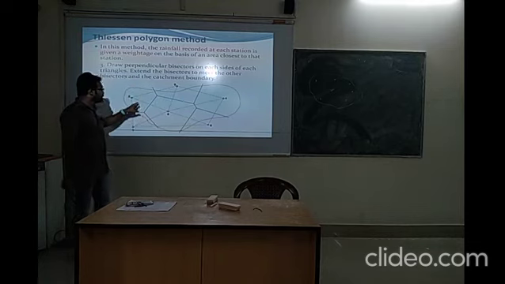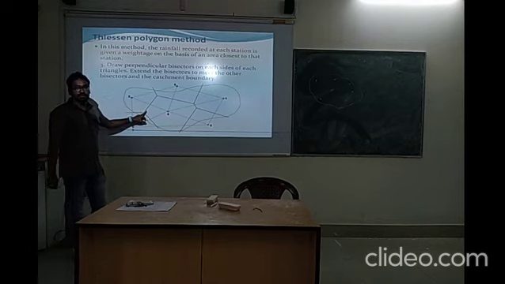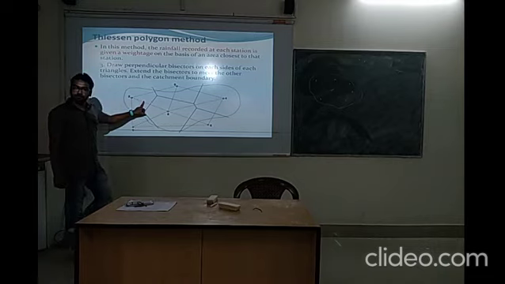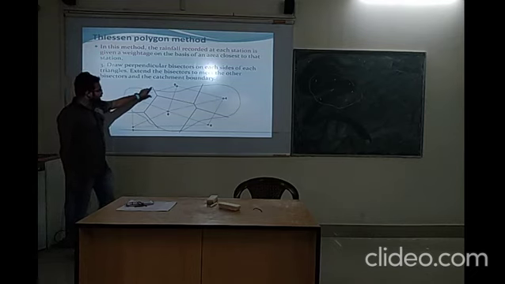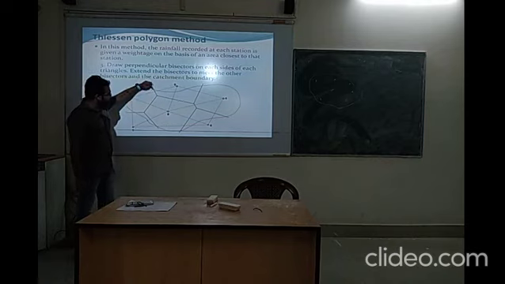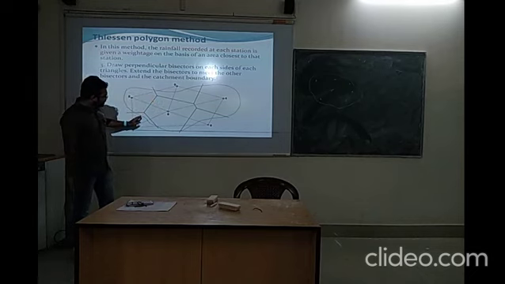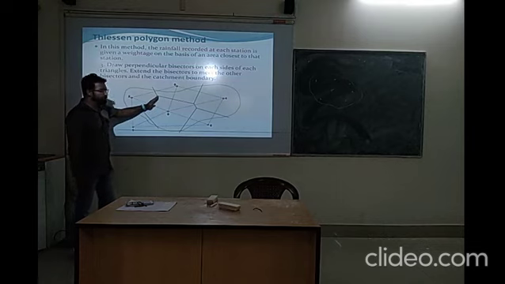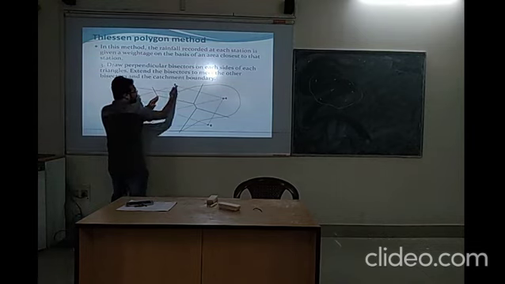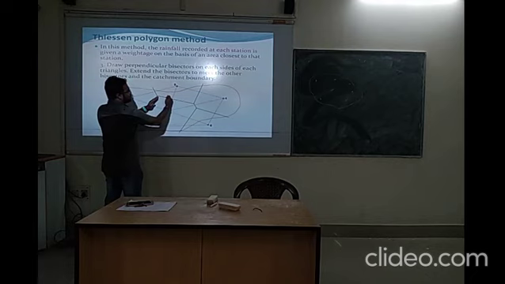The green lines are basically the perpendicular bisectors of the blue lines. If we elongate these bisectors, this is a perpendicular bisector, and I am getting another perpendicular bisector from this line,